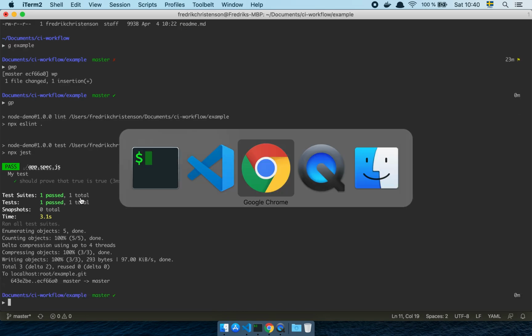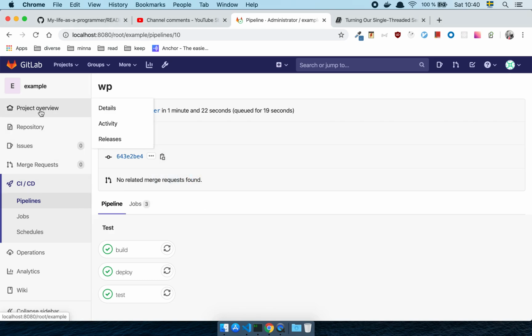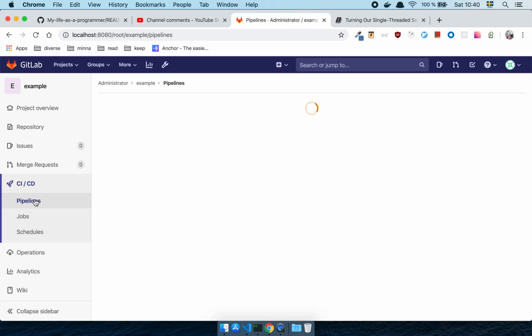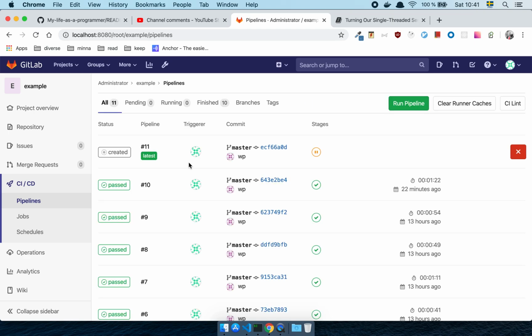So now I've just pushed my code, and if I now go to my pipelines, it's a little bit slow for my taste, but hopefully we can bear with it. And usually, if you're running this on a higher end computer than my little laptop, it's going to be a little bit faster. So we're loading and loading. Hopefully it's going to resolve very soon, but in the meantime I can just state what usually goes on